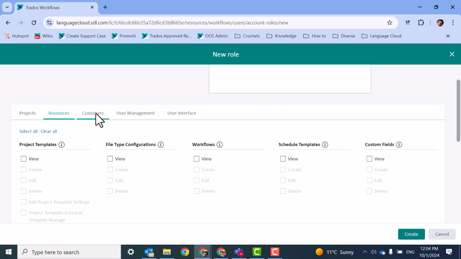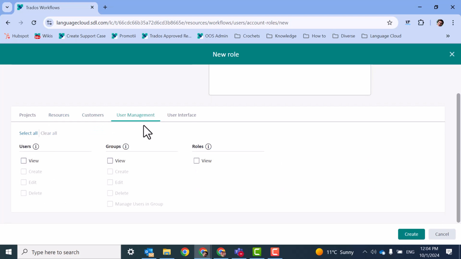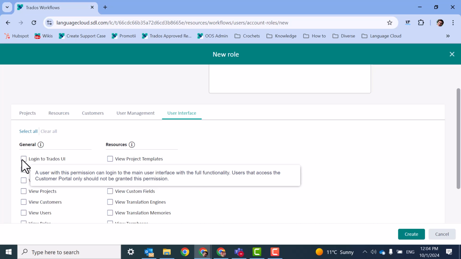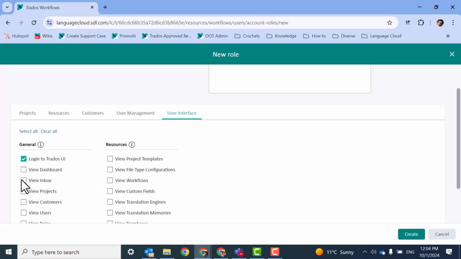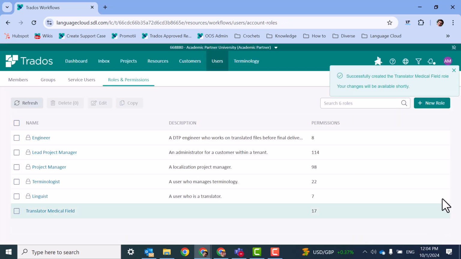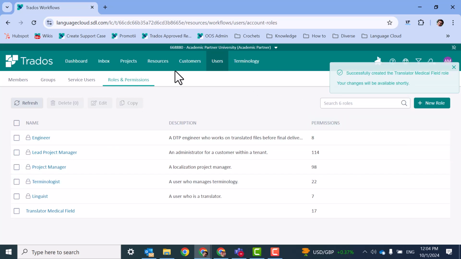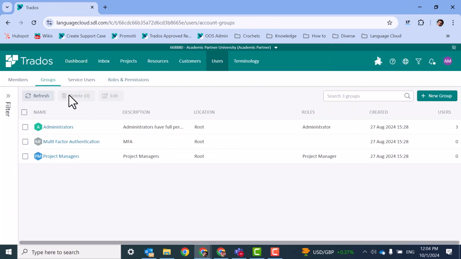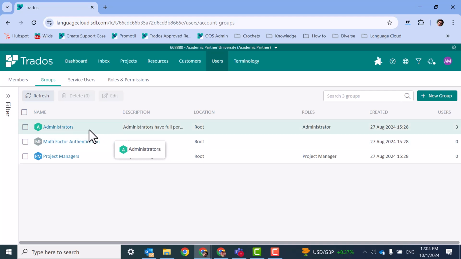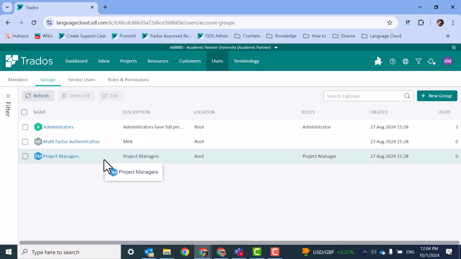And for customers, nothing. User manager, view groups and view users. And interface, he can view the Trados interface and view the inbox. Then we click on create. After we have the role that we want, we can add as many roles and permissions as we need for our work. Then we will pass to the group tab, and here we have by default these 3 groups, but I